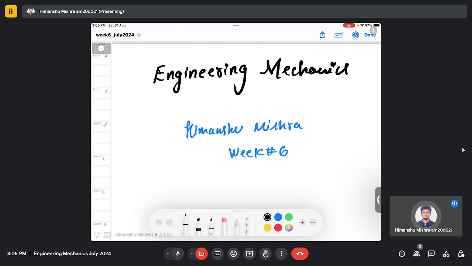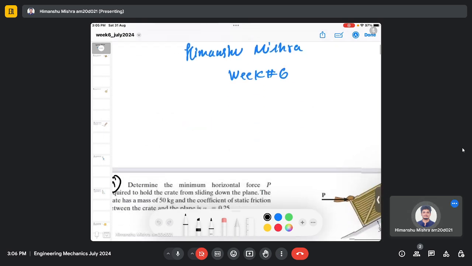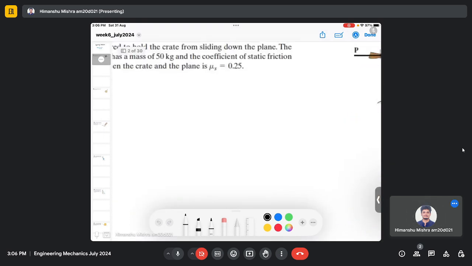So most of the problems are based on static friction, and there are a couple of problems which are based on wedges. So before going to the problems, let's revise the very basic concepts of friction. Basically, friction occurs when there is a force exerted on the body such that it has the tendency of motion. For example, let's say